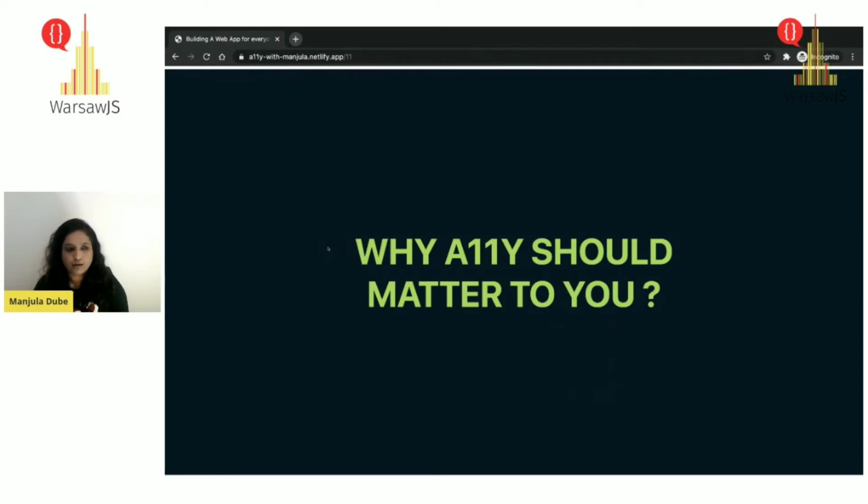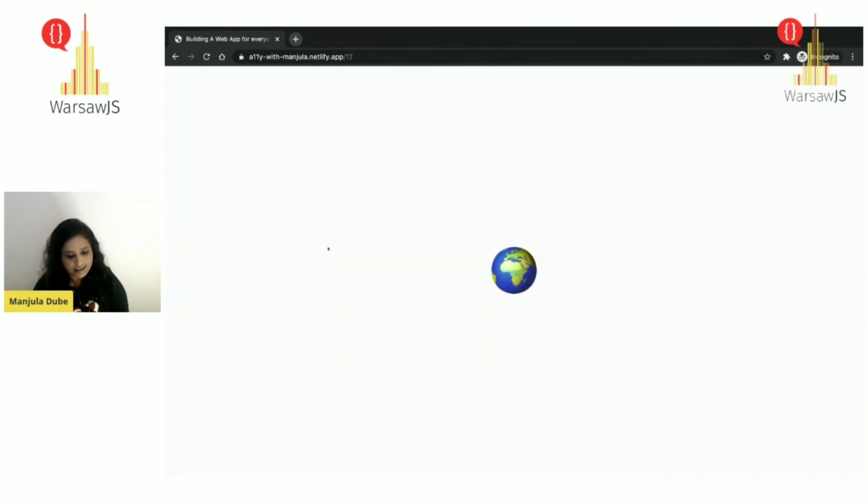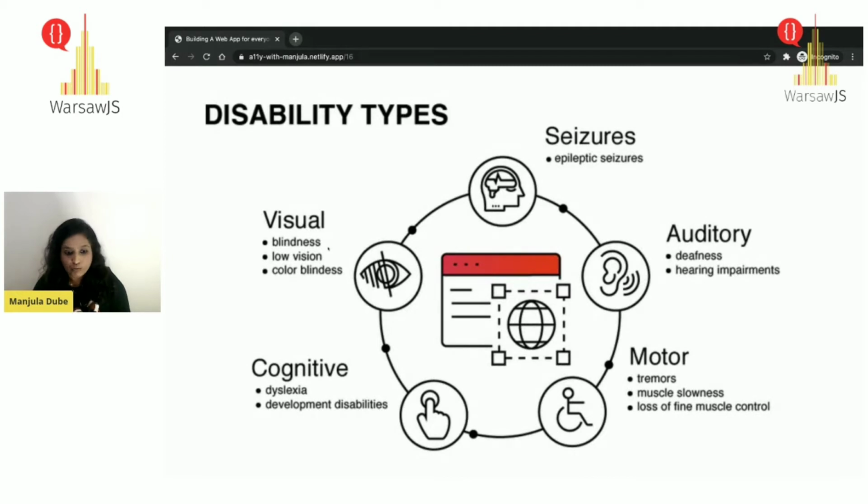Why should you really care about accessibility is the first question, right? In this world, it's not only your friends or you using the web or internet. It's your grandparents, it's public authorities, sometimes monitoring your website. It could be people with diverse backgrounds. For example, they might be people with visual, auditory, motor or cognitive disabilities. And you have to serve all of them. You have to make things possible and build for everyone.